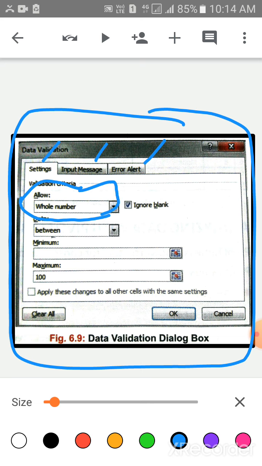In the Data box, you have to select Between. Here are the Minimum and Maximum boxes. In Minimum you have to write 0 and in Maximum you have to write 100, and at last you have to click on this OK button.